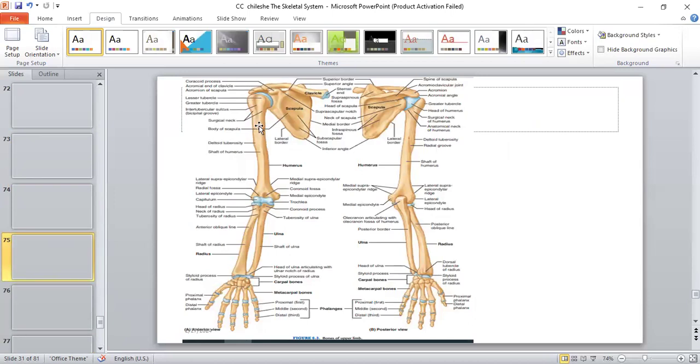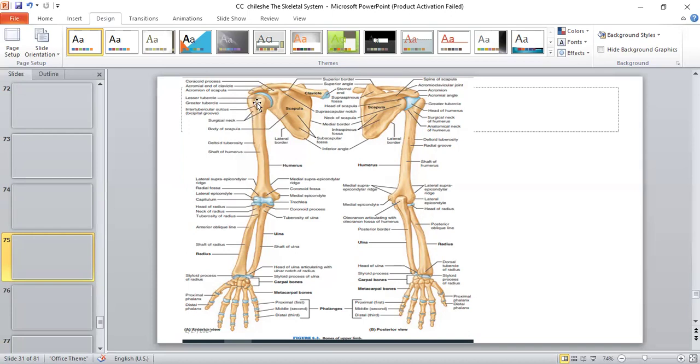So when you look at this picture, we have this lesser tubercle and we have this greater tubercle, and in the middle there, we have a furrow, okay? That furrow is known as a sulcus. We're not going to say this is the only bone that has a sulcus. There are a lot of bones that have sulci, but this is one example, okay? And because it is found between two tubercles, the lesser tubercle and the greater tubercle,